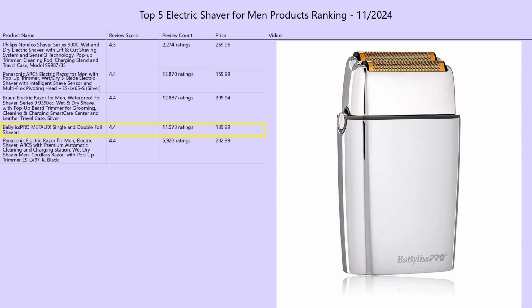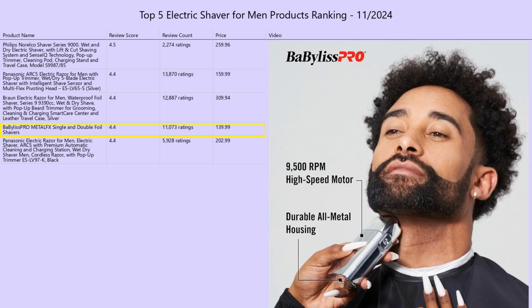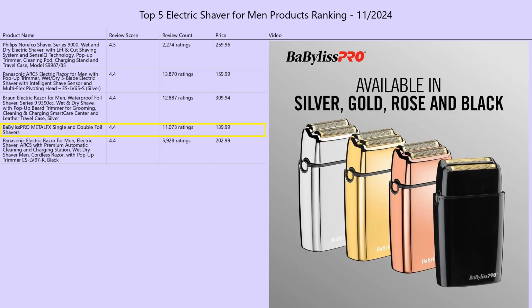The four-ranked product is Bob Eyeless Pro METALFX Single and Double Foil Shavers. Review score 4.4. Review count 11,073 ratings. Price